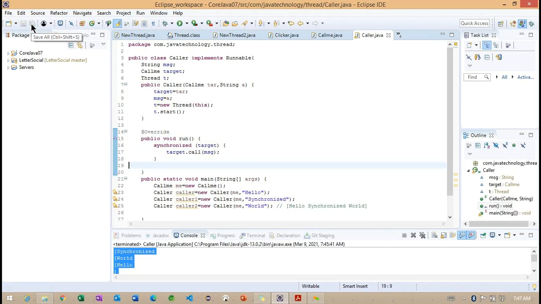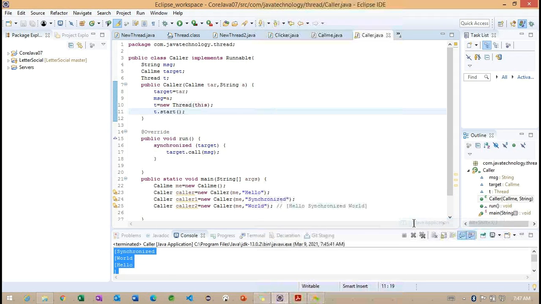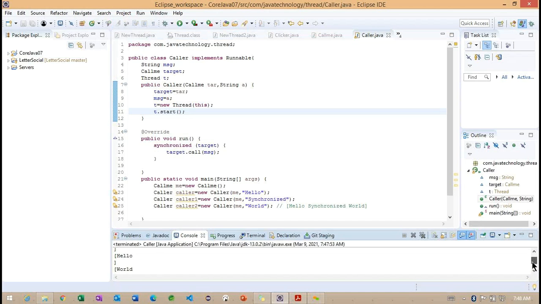So let me save the same example here. Carefully observe if I run the same example. What happened here?